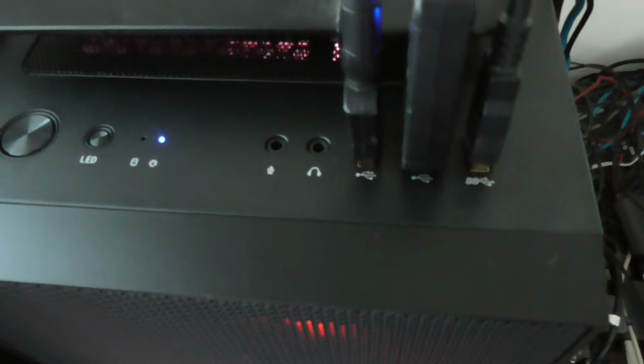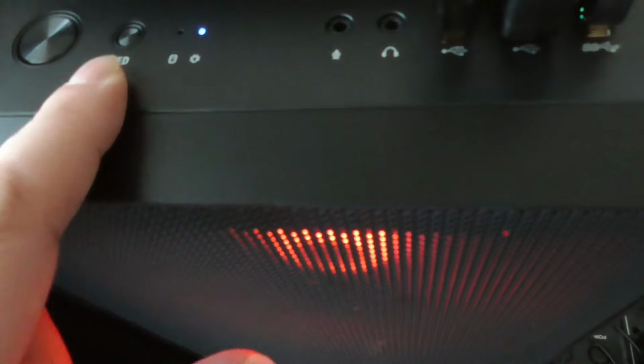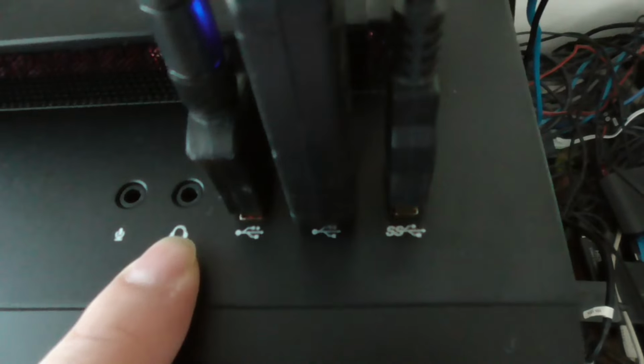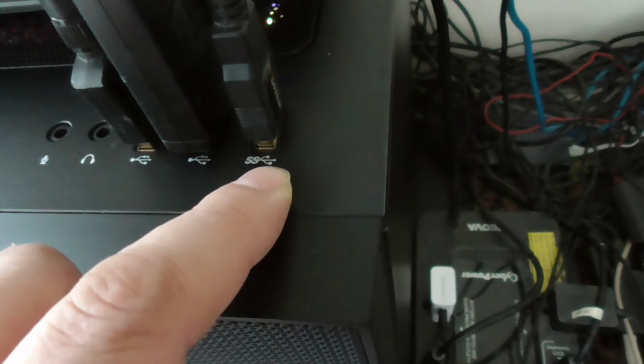On the side there's a magnetic, I think, panel which you could just open like a door. That's a power button. That's a LED button, however I took the reset button and put it here, so now this is for reset. But if you want to use the LED thing, you can, which is by default. And it comes with an audio jack and microphone audio jack and a 3.5mm headphone jack and two USB, I think these are USB 2.0s, and this is USB 3 or 3.1